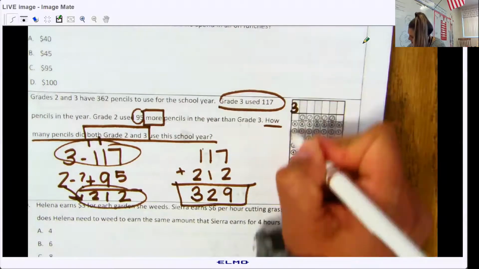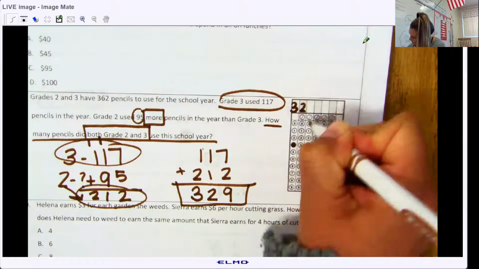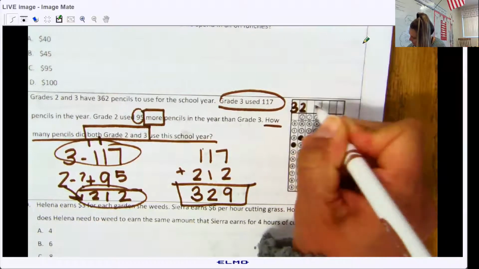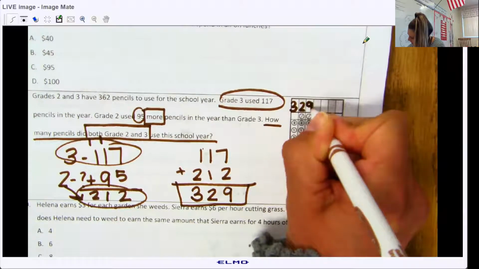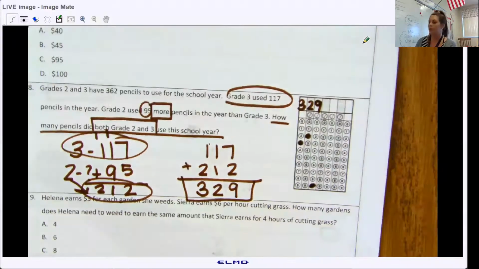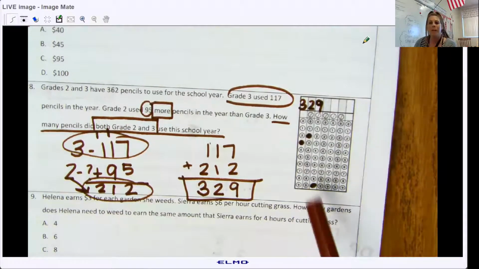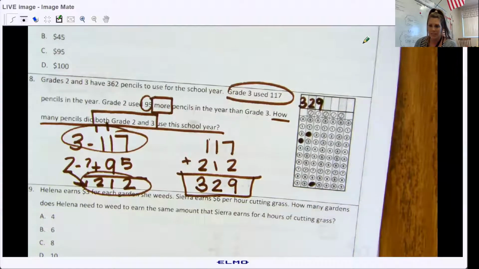We write it, then we bubble it. Then we write our next number and bubble it. And our next number and bubble it. Okay, it's super important that you write nice and neat, but you also bubble nice and neat, just in case,